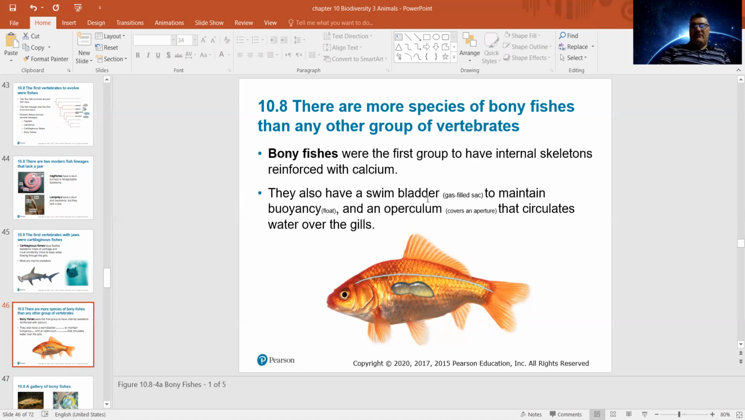What else do they have? They have a swim bladder, gas-filled sacs, and this is why they can easily float. They don't dip down deep into the water. They can float easily because they have a swim bladder, something like a gas-filled sac. That's to maintain their buoyancy, and buoyancy means